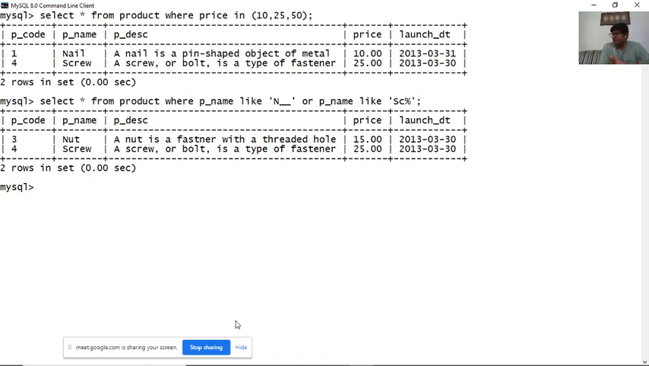Or p_name like sc and any other string. So "screw" is true. A group of characters is replaced by percentage and a single character is replaced by underscore. How are we going to list a name if the name itself contains an underscore? For example,